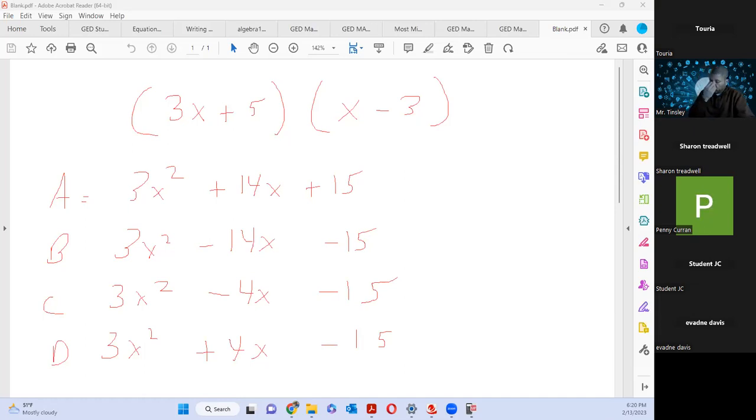Oh no, I don't know how to send it. I'm sending it for everyone. Okay, I have an answer of A. I have an answer of C. I have another answer of B. I have an answer of C. How do I put my answer in here? In the chat, when you want to chat, you select my name and then put your answer and then hit enter. Okay, I got it.